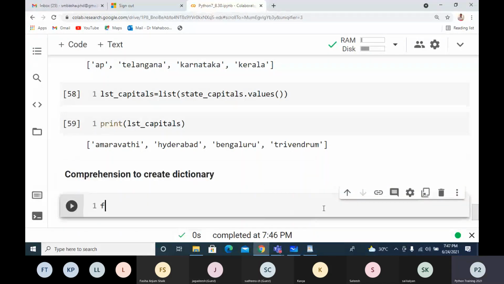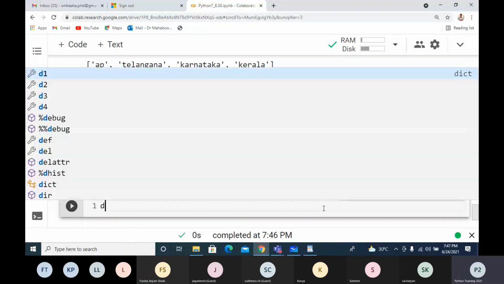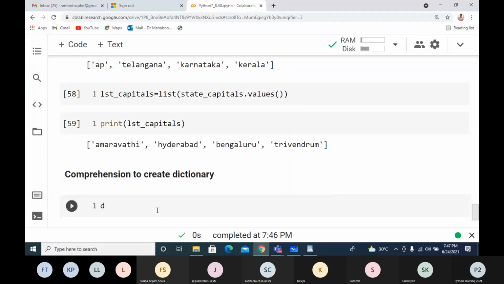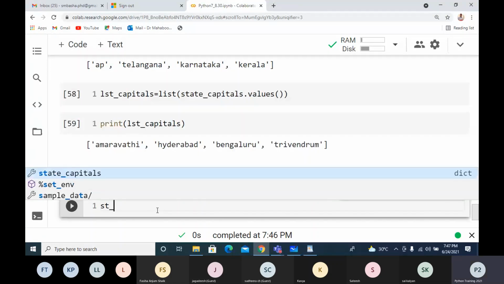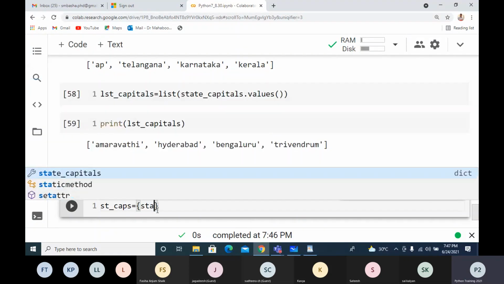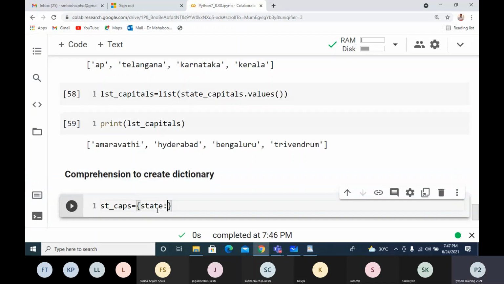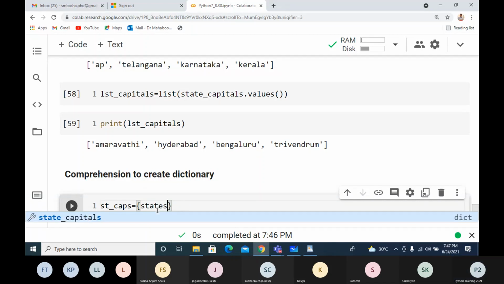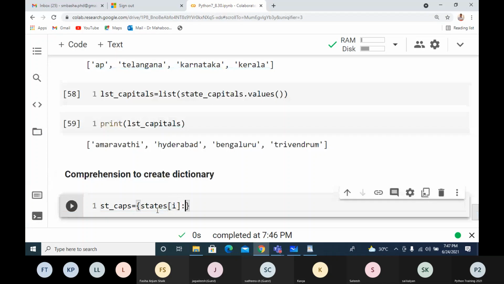So what I can do is I'll take D states caps equals to take this state, capital or states I, capitals I, for I in range length of states.